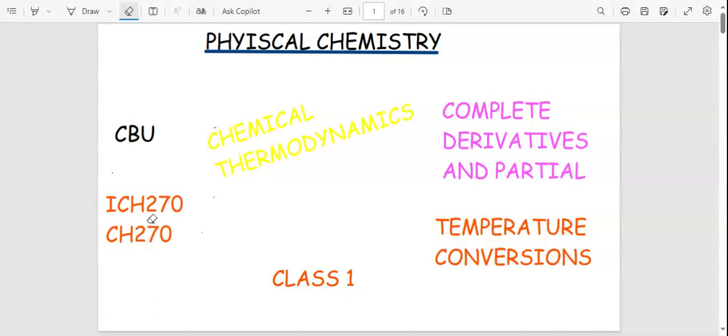ICH, which is industrial chemist 270. This is supposed to be 370. Then also just the CH270. For industrial chemist guys, they are doing it at the 370 level. Okay. So just know that it's 270 as it stands. According to the CBU standard, we have talked about a bit of intro of thermodynamics, and we saw